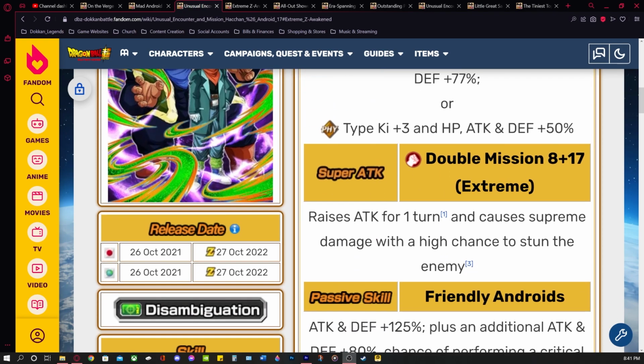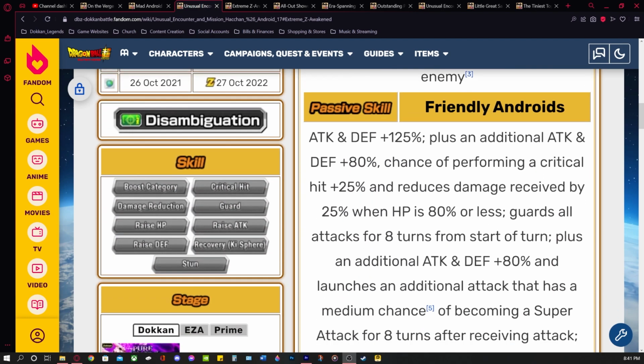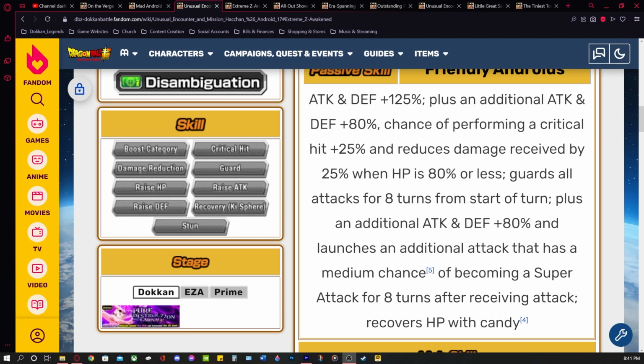So you definitely want to put 20 additional attack for this high chance to stun to proc more often in scenarios such as Super Battle Road, Extreme Super Battle Road, wherever you can use them in those scenarios. And then with damage reduction and guarding all attacks for 8 turns from the start of turn, if you happen to get past the 8th turn, you'll probably want them to dodge. So putting the remaining points into dodge instead of crit